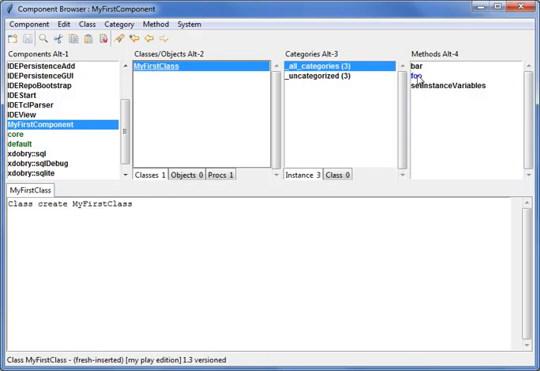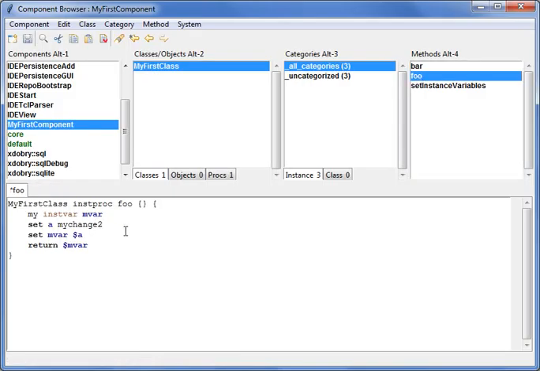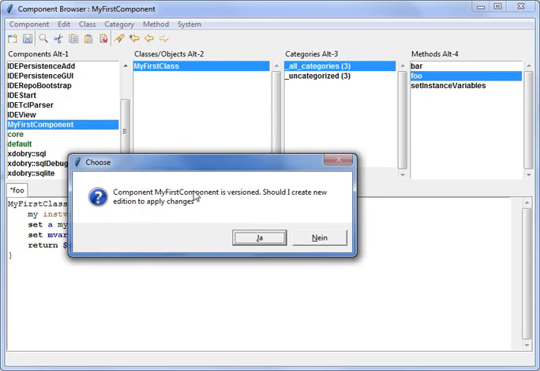And if I make another change, there will be a dialog. Okay, this component is versioned. Should a new edition be created for it? Okay, I say yes.